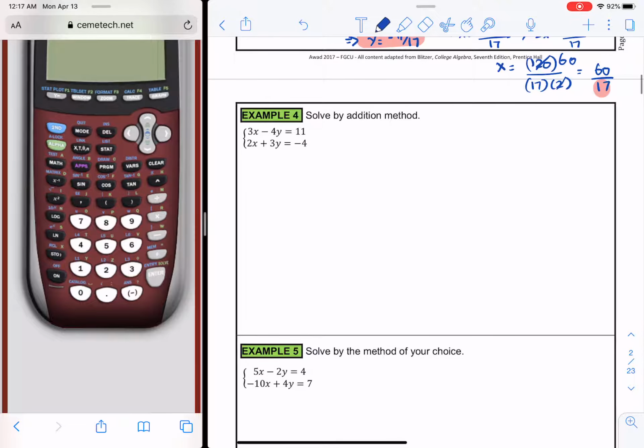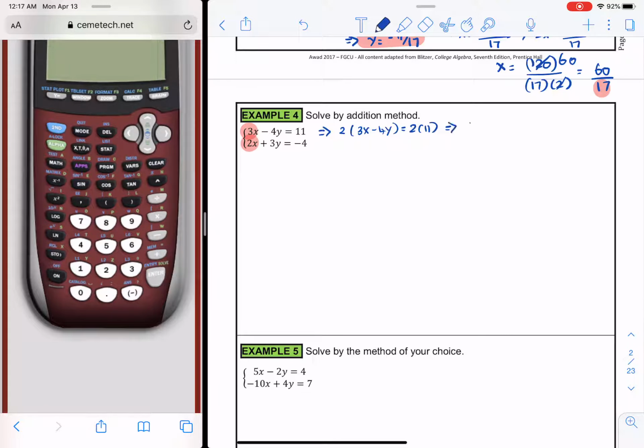So we want to solve the next system by addition method, and we have a perfectly good system in the sense the variables are on one side, numbers on the other. And I am going to eliminate x. So I need to come up with a common factor between 2 and 3, which in this case would be 6. If I multiply by 2 on both sides, I have 2 times 3x minus 4y equals 2 times 11,